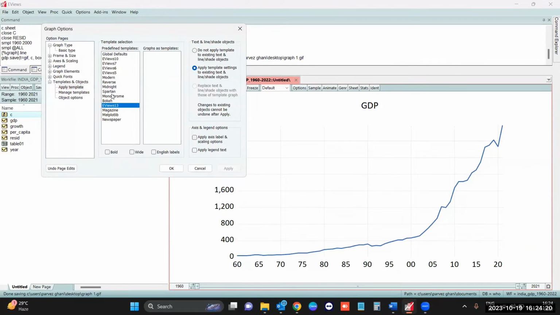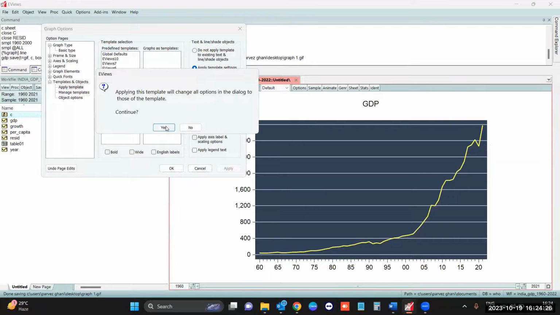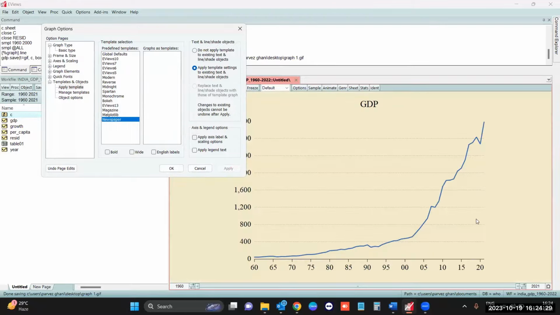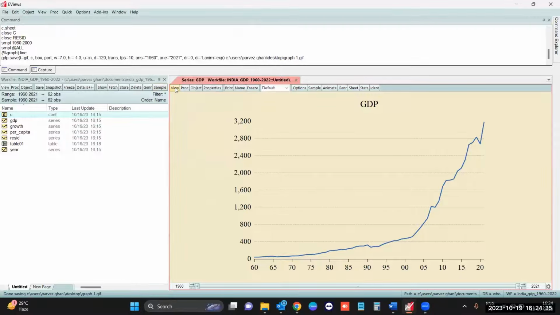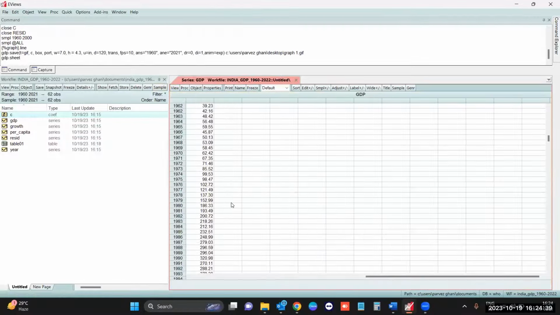no, okay, so it has not taken it. If you click on midnight, let me check if it works. Yeah, midnight, it has another theme. Newspaper has some other theme. Apply, and this is how it looks. So in this way you can also apply templates on your graphs. Click on OK. Again, you go to view and go back to spreadsheet, and you will have the spreadsheet view